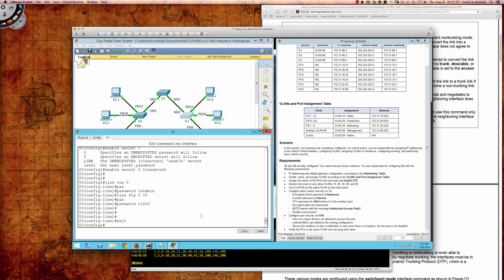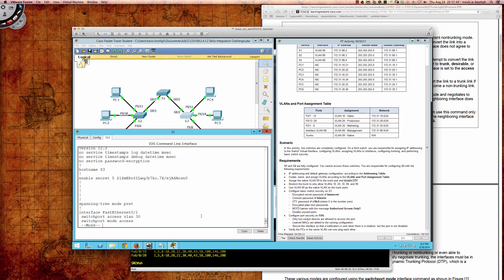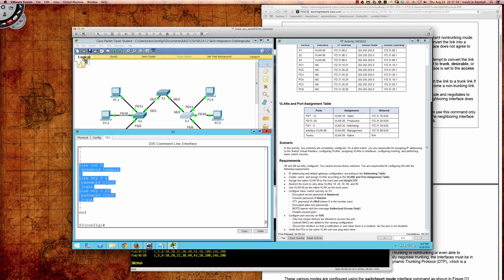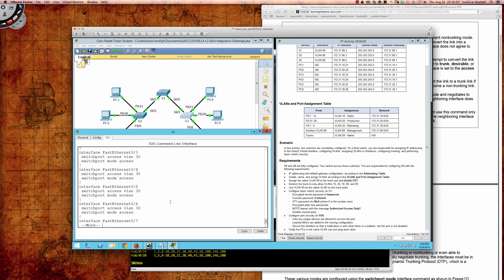And now encrypt plain text passwords, and so that is the service password-encryption command that encrypts those plain text passwords. Before I run that command, let's take a look at a do show run. You can see the enable secret is already encrypted. If I come down to the console lines, you can see that it's not. So that was the plain text we entered in for Cisco, and there's let me in. So you don't want that. So we want to do service password-encryption, and then if I do a do show run,